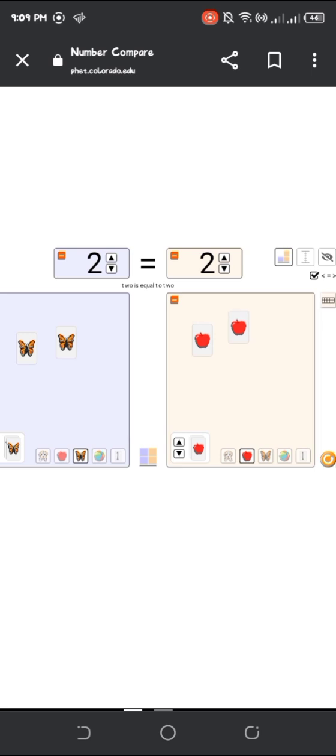So 2 is equal to 2, 2 butterflies and 2 apples also.